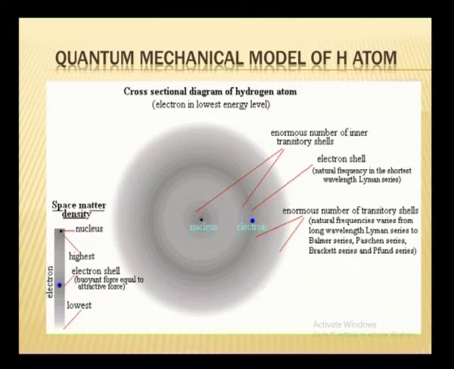This is a very important picture. This is the modern day picture of the hydrogen atom. It talks about the probability density. It is a quantum mechanical model of the hydrogen atom, a cross sectional view of the hydrogen atom. You see the electron density here. If you integrate the total density, that will be equal to 1, since you have only one electron in the hydrogen atom.